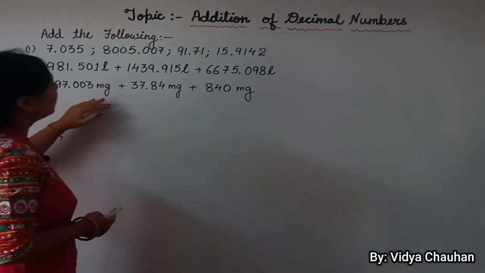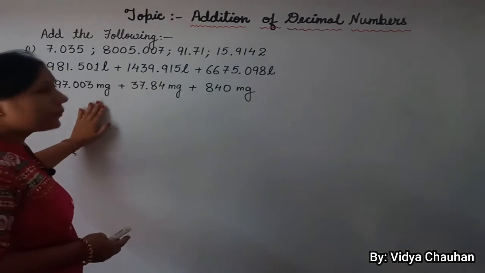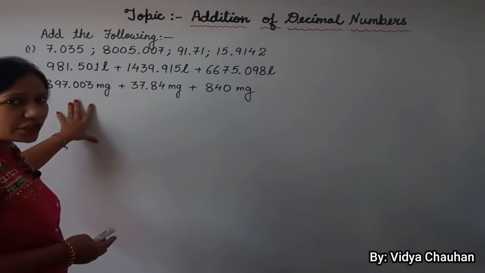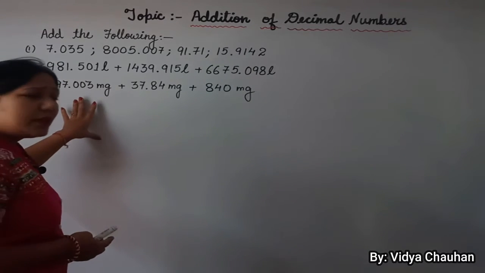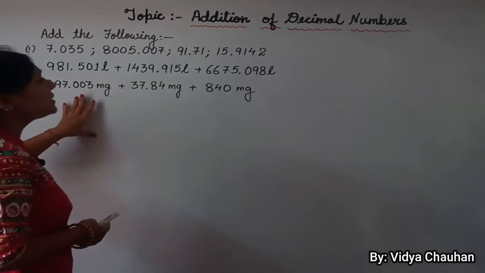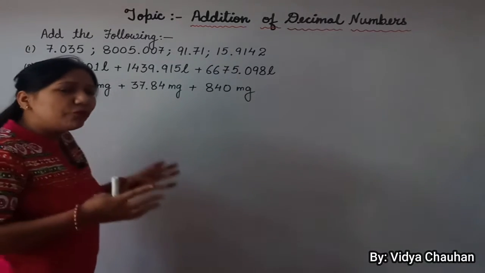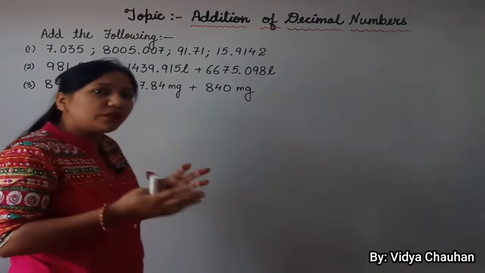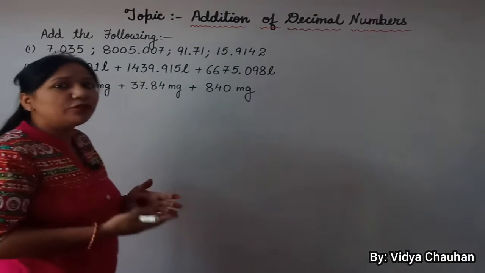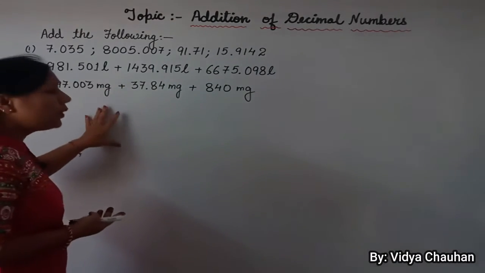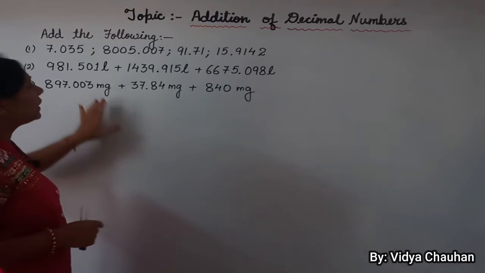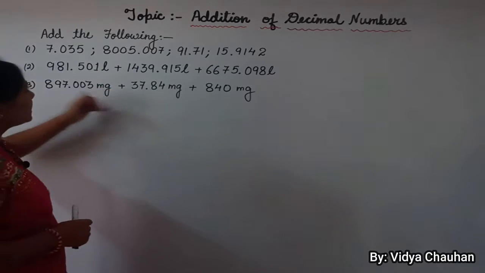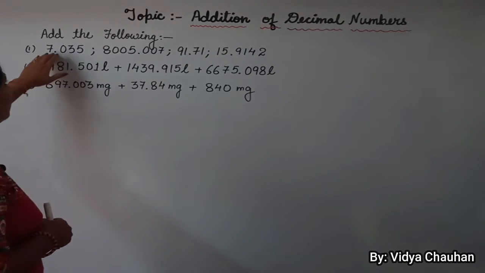As you can see here, I have taken a few examples from your book, and there are three types of questions related to addition of decimal numbers. The rule for adding these numbers is somewhat the same as we were doing with normal numbers in our previous chapters. The only thing you have to take care of is the decimal sign. Okay, so let us start doing the solutions one by one.